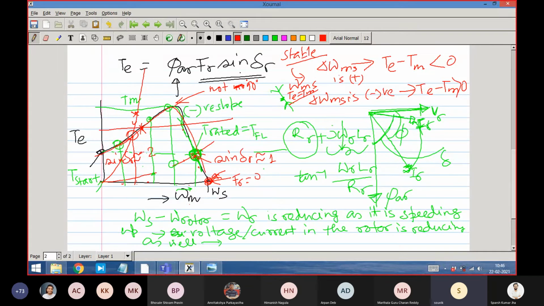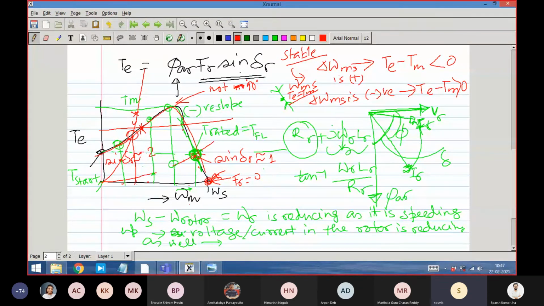You have to see that it comes back to the same point. Sir, in the red line, which is almost horizontal, the second one will be the stable operating point, right? Yes, you should analyze it that way. The second one is the stable operating point, not the first one. The first one cannot be the stable operating point. Another problem is there, but for the time being, you ignore that.